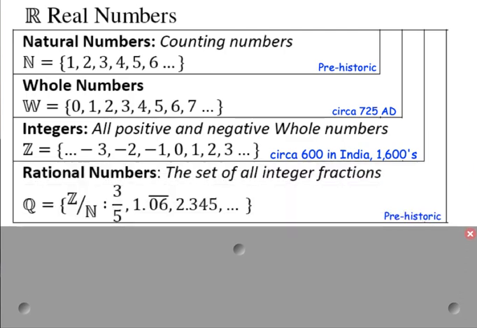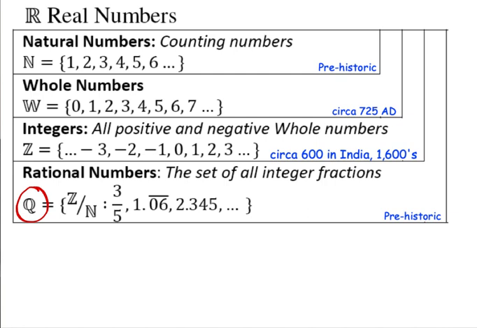Then we move on to the rational numbers. These are prehistoric because they're just basically your fractions. We use the letter Q to represent rational numbers because Q stands for quotient. Quotient's the answer to a division problem, and this includes all answers to all division problems. We use N for natural, it's a bolded N, W for whole, these are just nice quick abbreviations, and Z